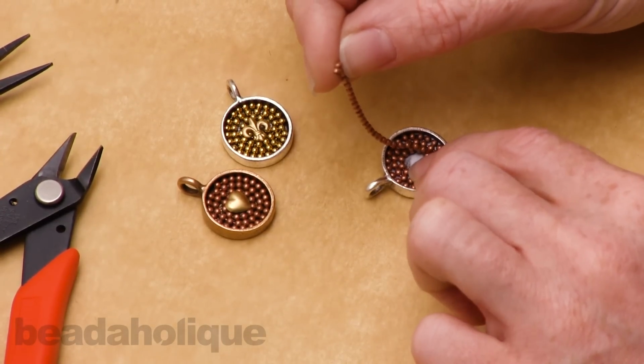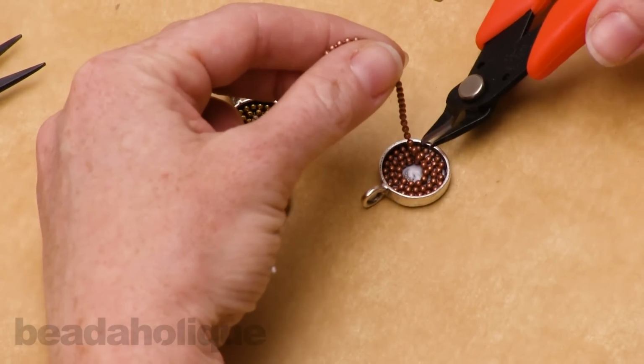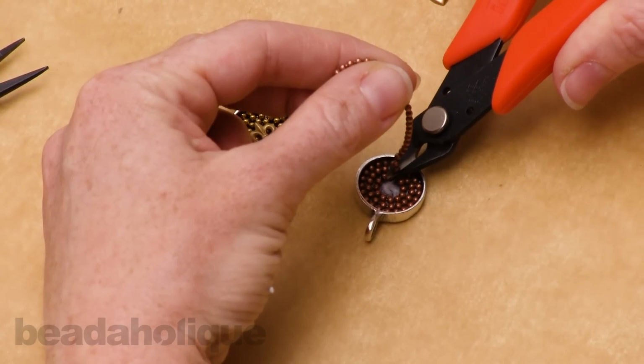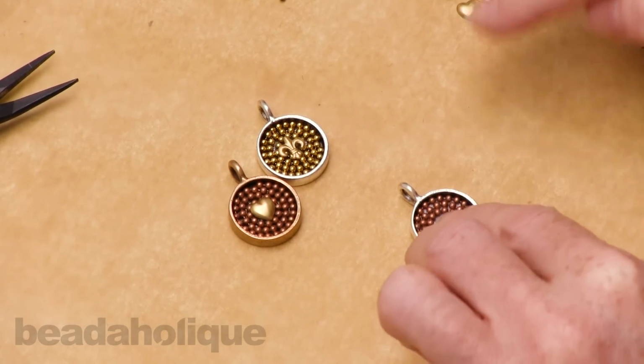And when you can't coil it anymore, it gets too stiff, you're going to take your cutter and snip. Now you'll see that you do have a hole in the middle,